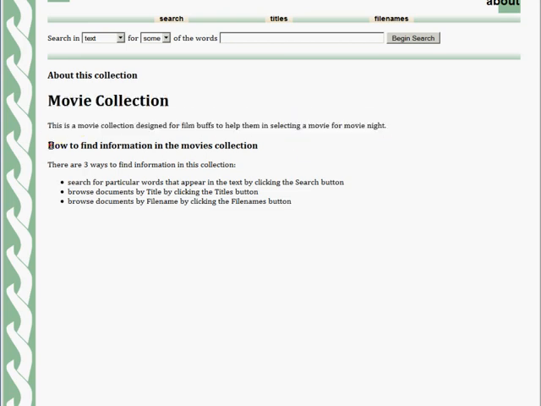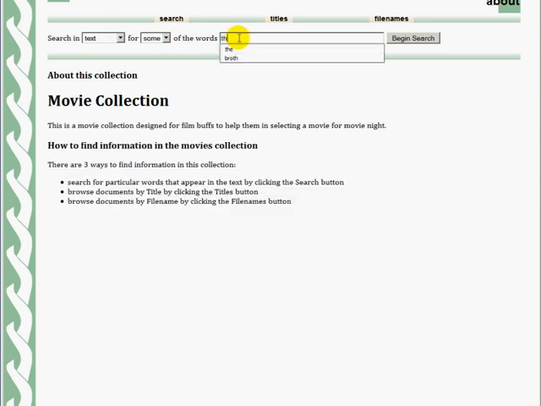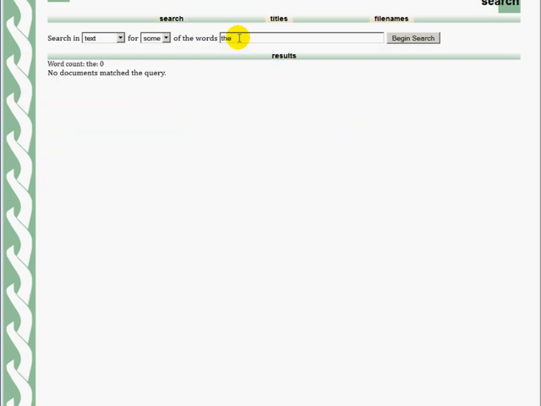This here is generated automatically. We can show you later how to change all that. And there's a search. Now one thing about this, search for text. There's a full text search engine. If we search for anything, I'll search for the word the, will anything come up? No. Why? Image files don't have any text,